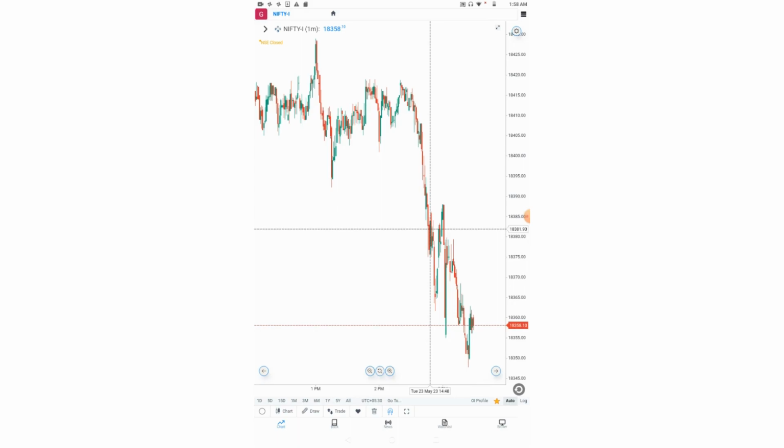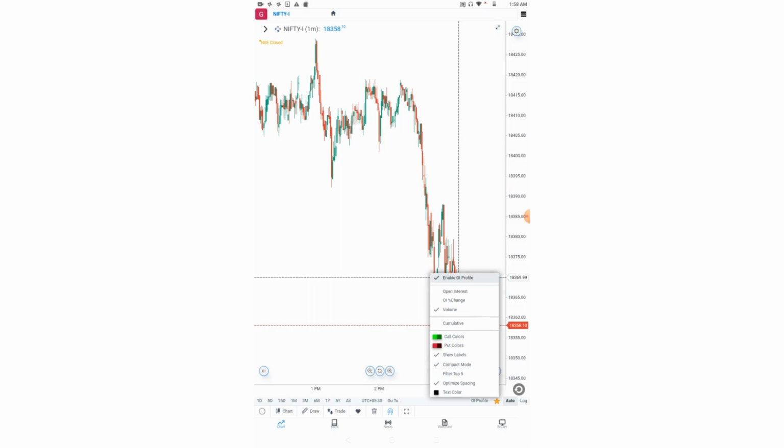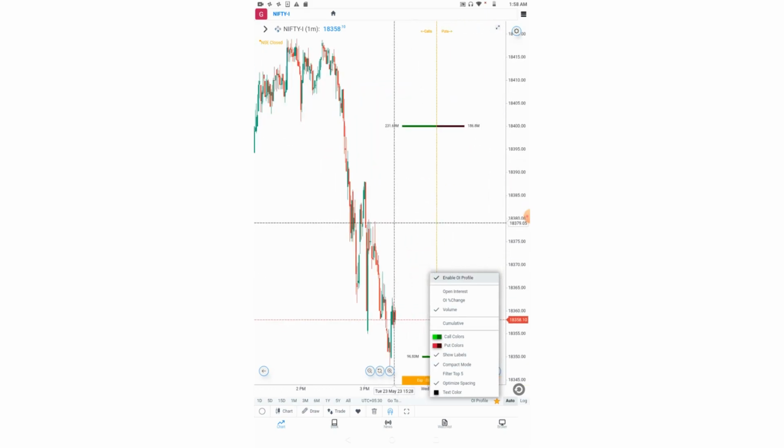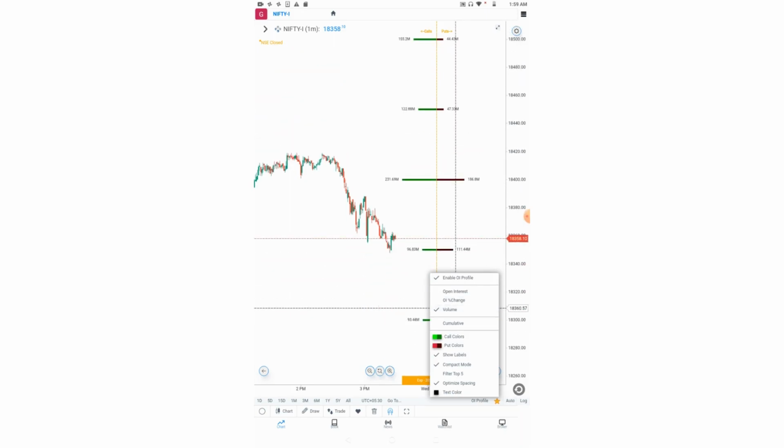Okay, so our next option is OI profile. After we enable OI profile, we have options to see these OI profiles in various options like open interest, OI percentage change or volume. Now we can also see these OI profiles in cumulative terms.